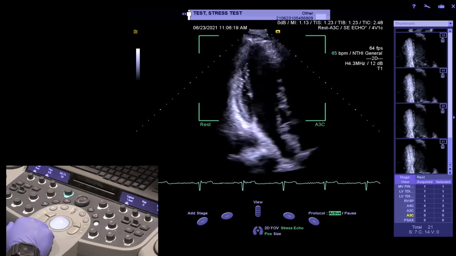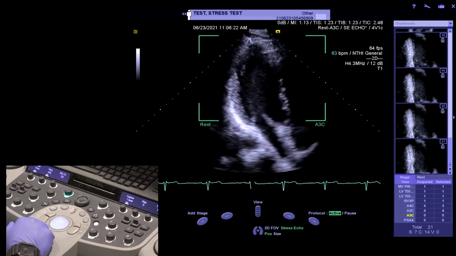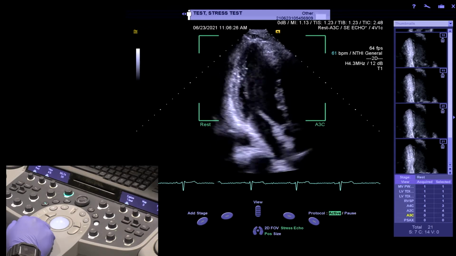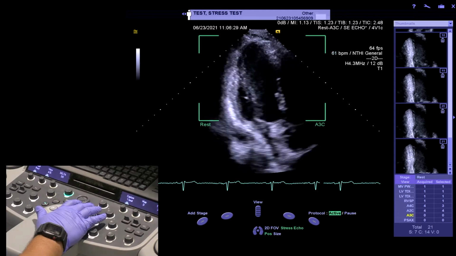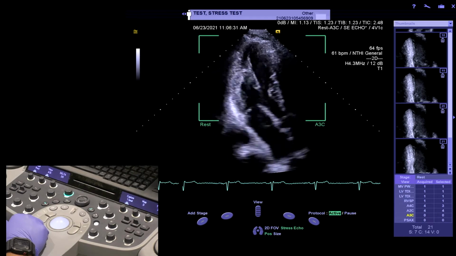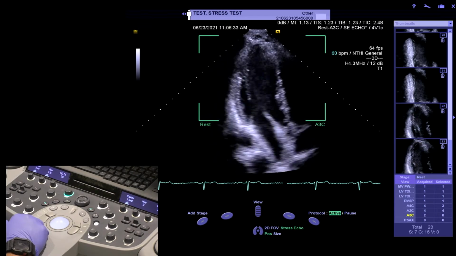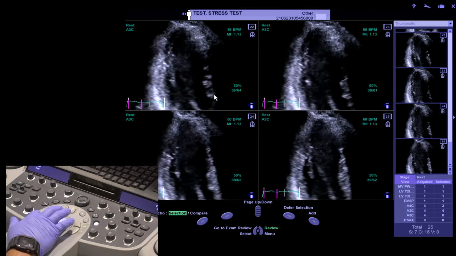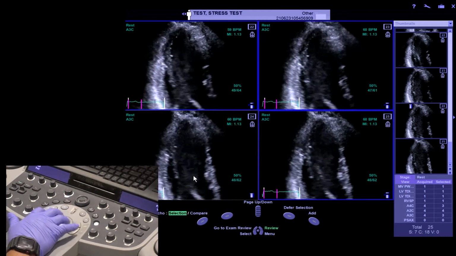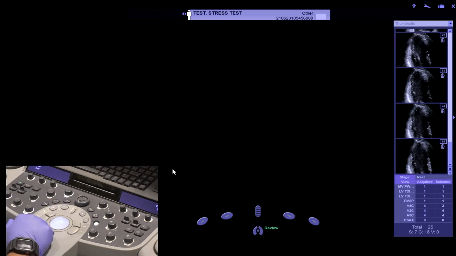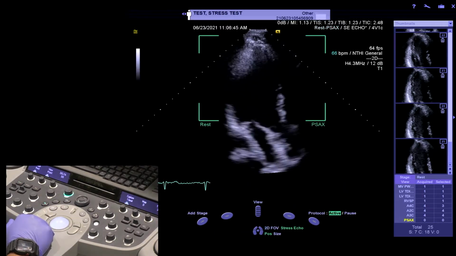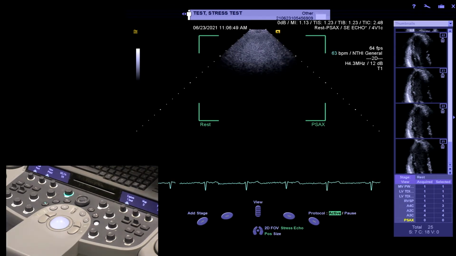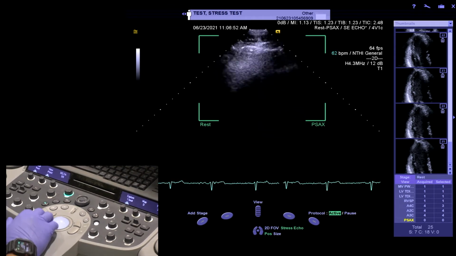Again, listen to the PowerPoint presentation prior to starting this to understand the utilization of the apical 3-chamber versus the parasternal long axis. We'll acquire that as a live image. And we will then select the images which we like, double clicking on the final selection, and the machine then tells us what we need to do next for our view, which is our resting parasternal short axis at the